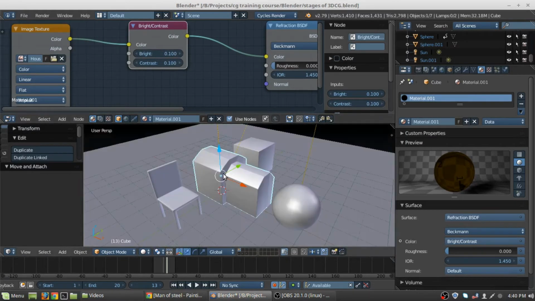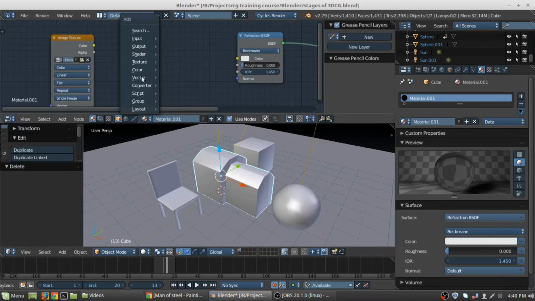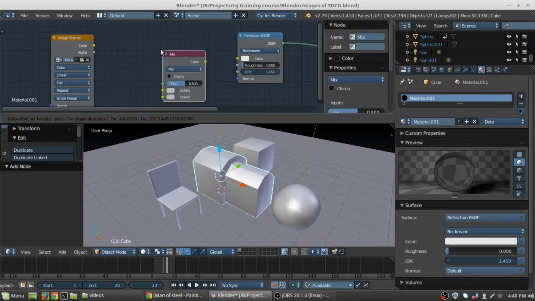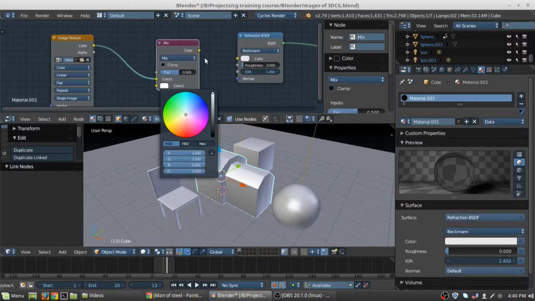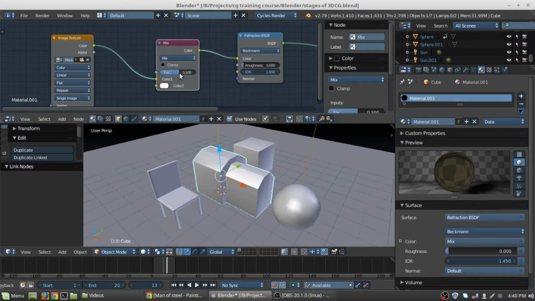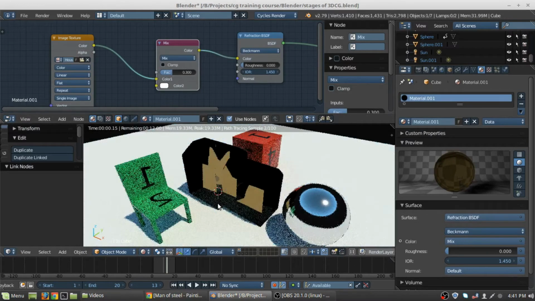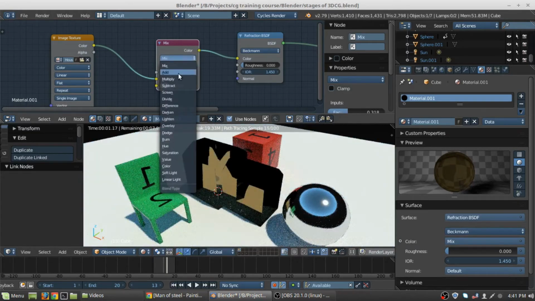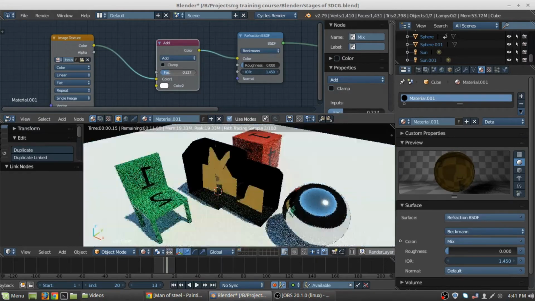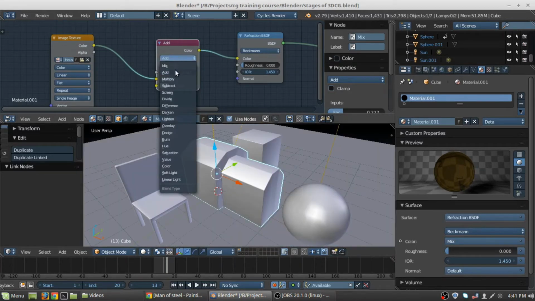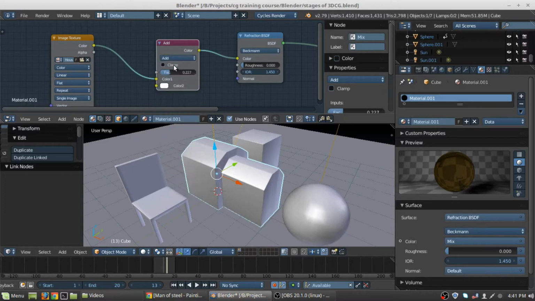Or how about we just go into color RGB mix, add this up here, make it full white and add into here. All we have to do is adding it. Change the mixing type to add, or the blend type to add, and then,